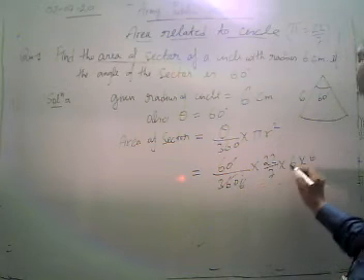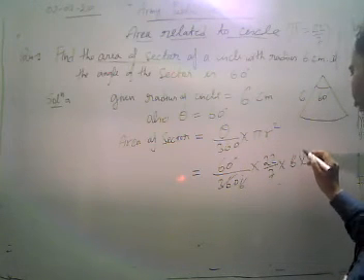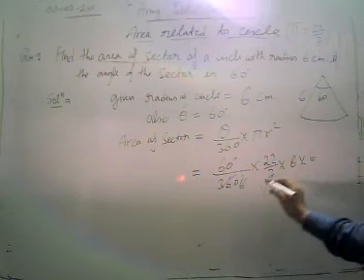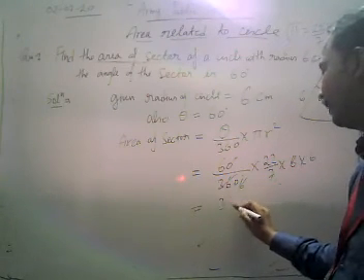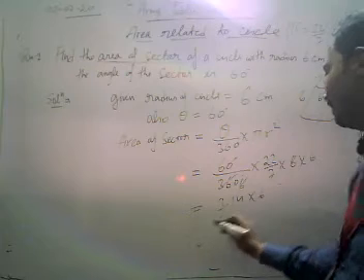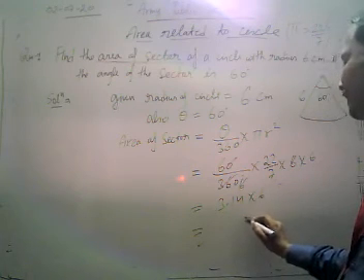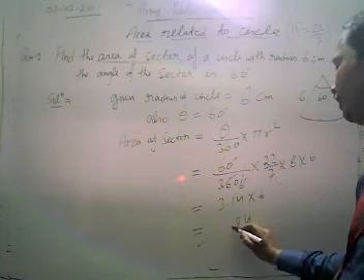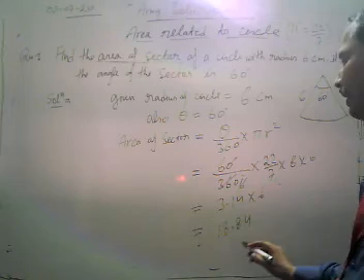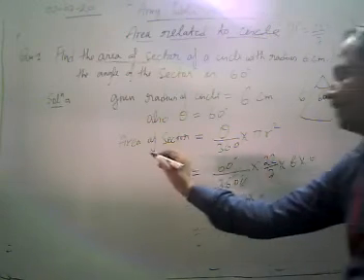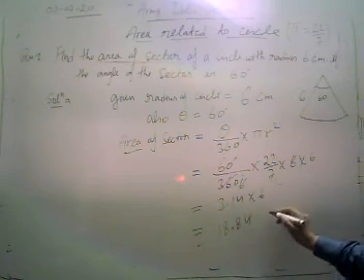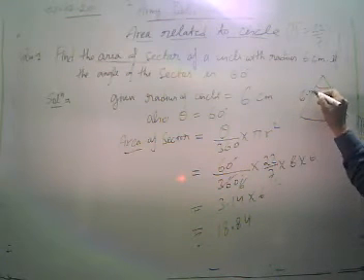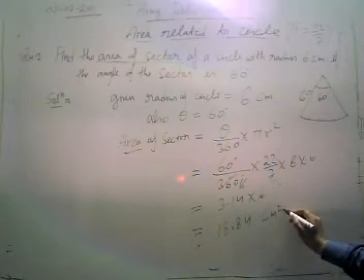60 upon 6, then our 6 is cancelled there. For convenience, I am going to take the value of 22 by 7 as approximately 3.14, into 6. Then what is our value there? And our approximate value is what? Since it's an area, please mention the unit. Since it's in centimeter, here we have centimeter square.